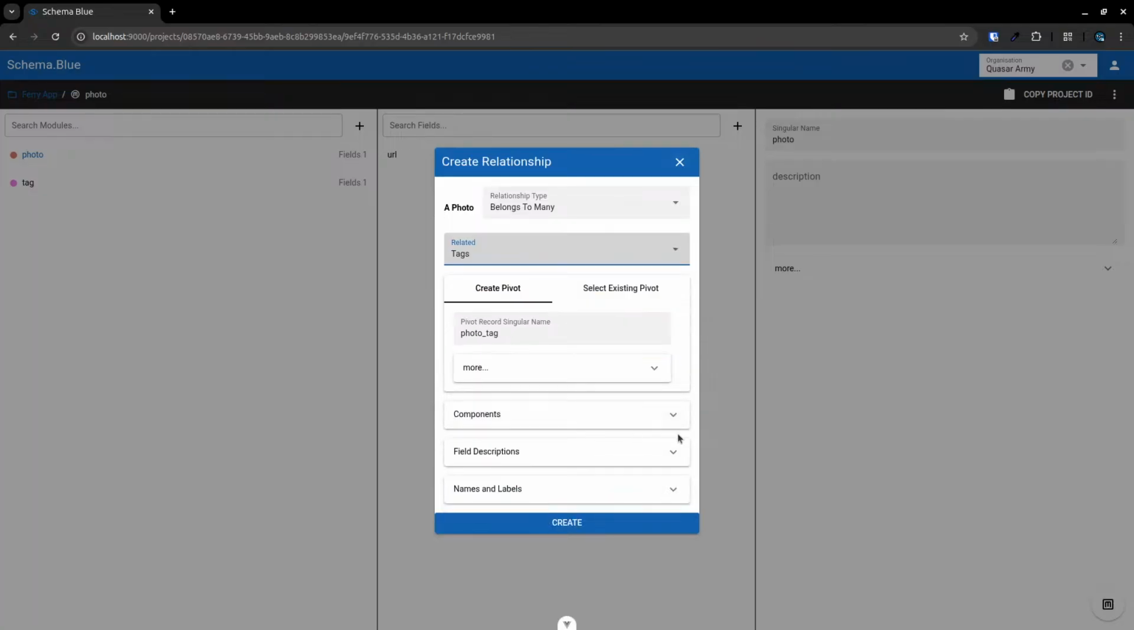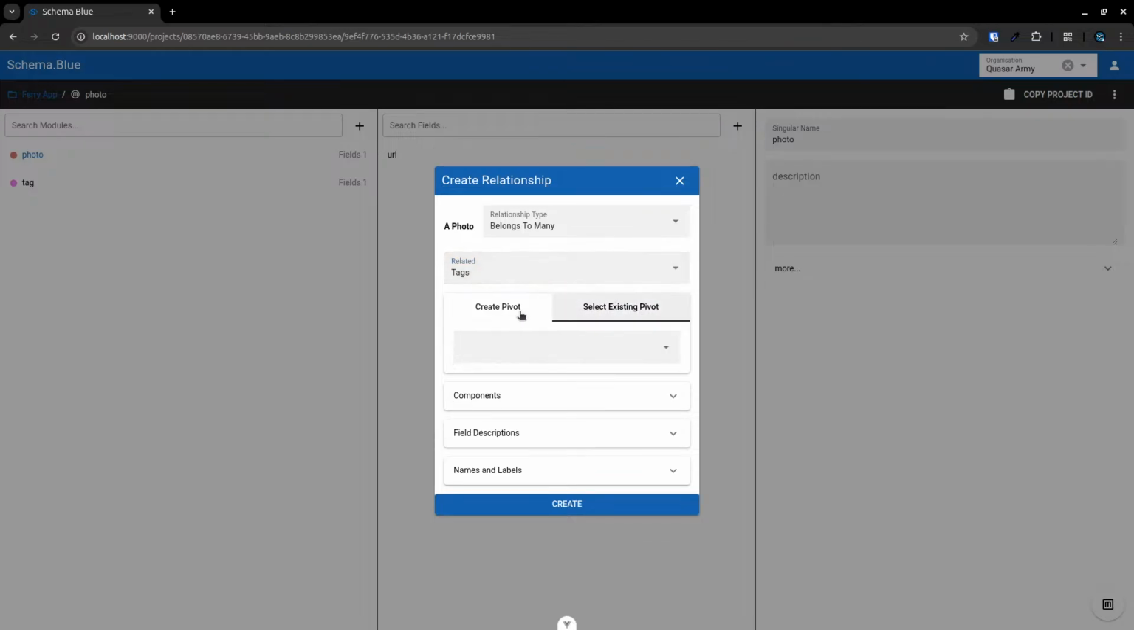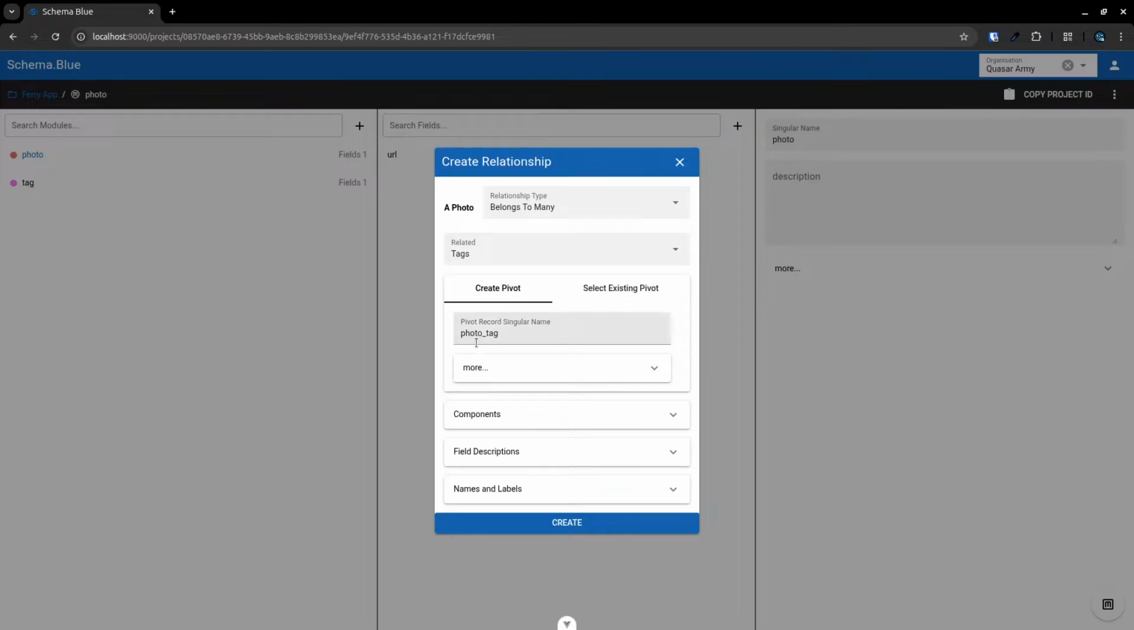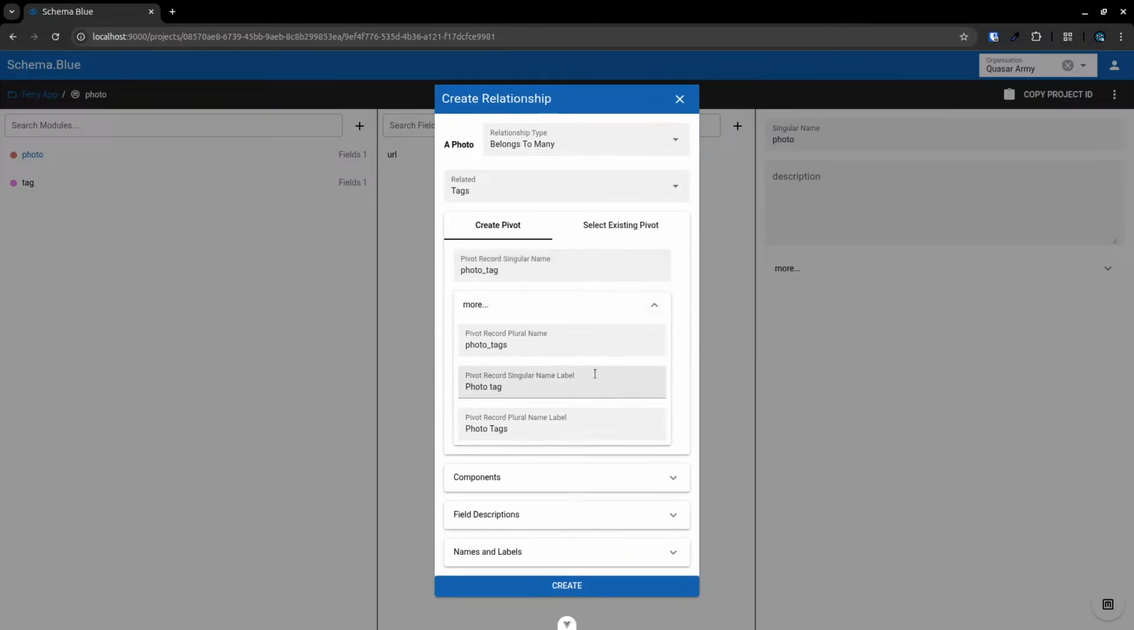And straight away, it basically figures out a bunch of stuff for us. So we can select an existing model for the pivot if we already have one, or we can decide to create one. So we're going to create one, and the singular name of that will be photo tag. I think it automatically does that alphabetically. PQRST, yeah. And then you can come into more here, and then add all of the extra bits and details